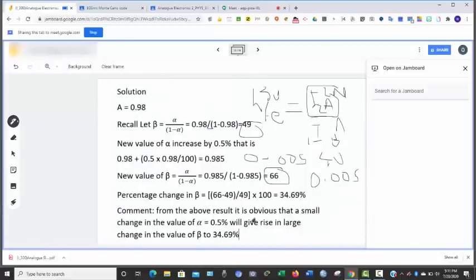From the above results, it is obvious that a small change in the value of alpha will give rise to a large change in the value of beta. That is, if there is a temperature increment, if there is any small fluctuation to the base current, there will be a significant increment in the